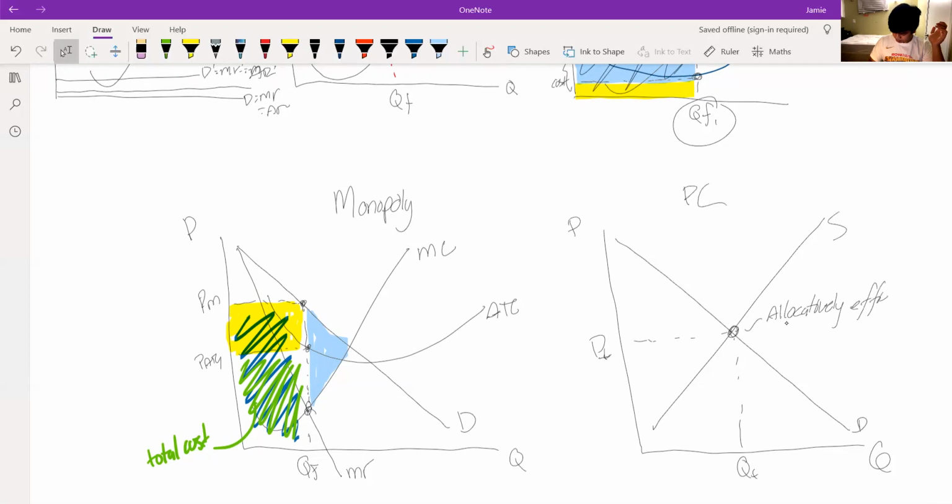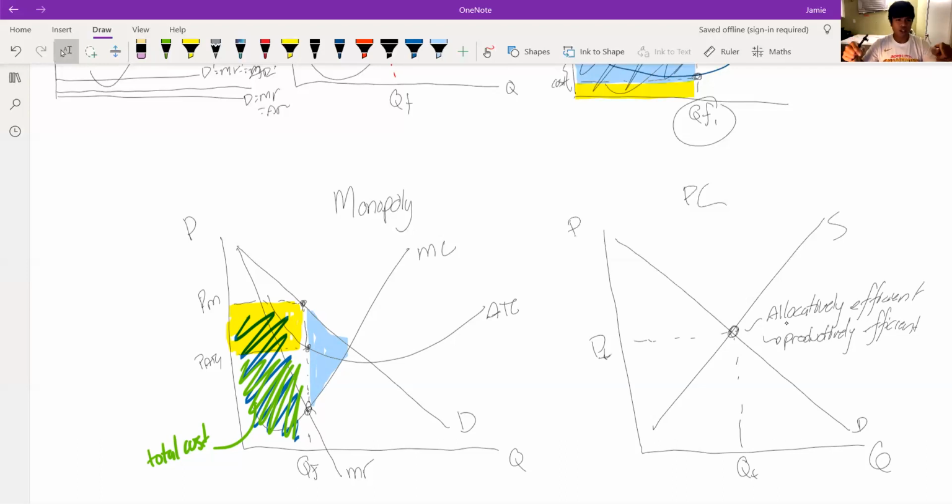Efficient. And we say that this is also productively efficient because at this intersection, this also corresponds to the minimum average total cost of all the individual perfectly competitive firms producing in the market. So when all these firms are producing at their minimum average total cost, productive efficiency is